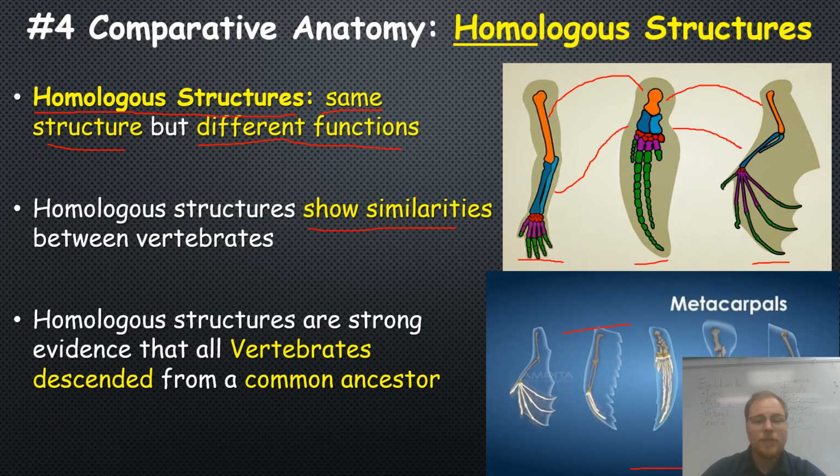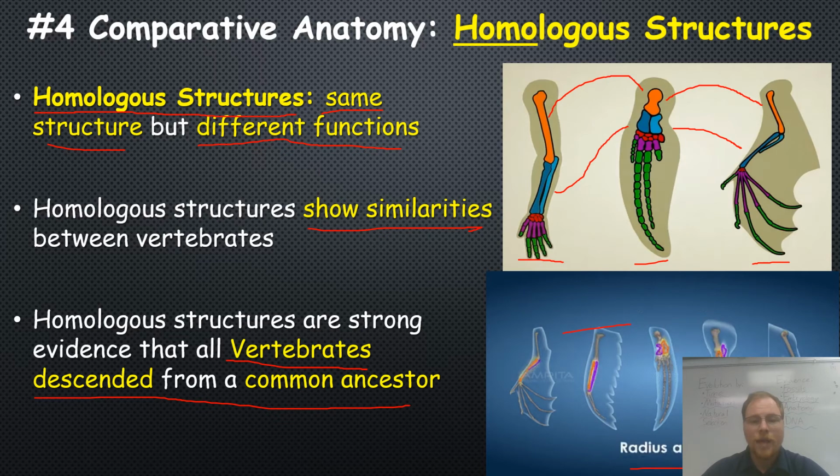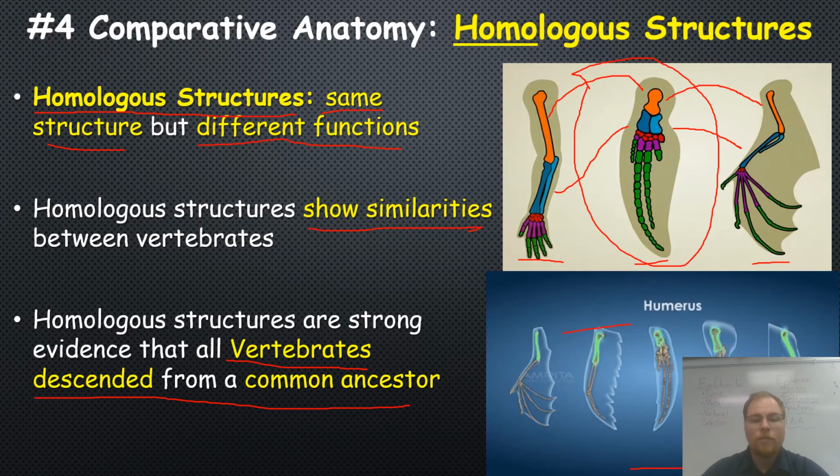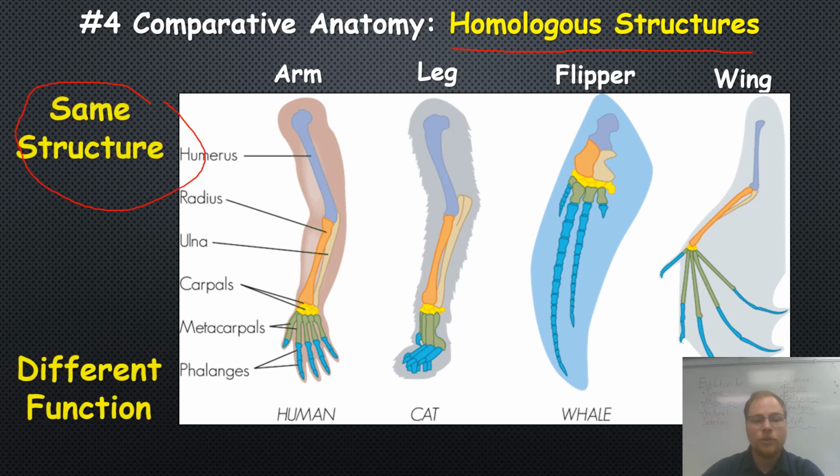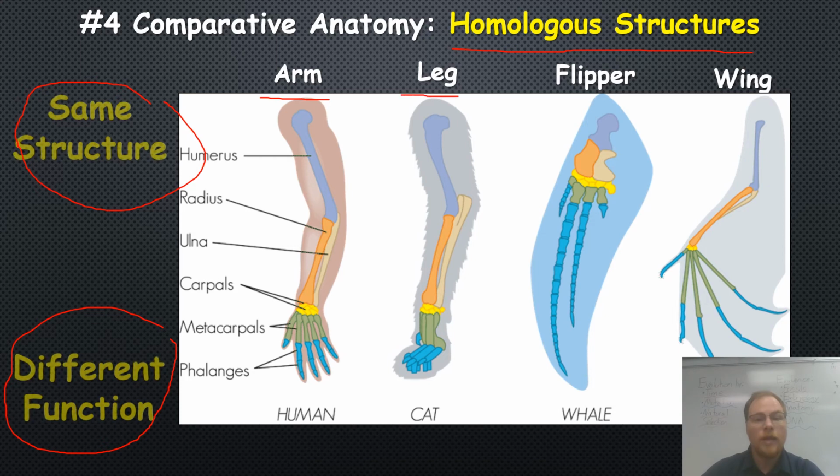And because you have these similarities, it's kind of strong evidence, scientists believe, that all these vertebrates descended from some kind of common ancestor that had the same structure in their bones of the humerus, radius, ulna, metacarpals, and carpals. Now, this is a really good example of homologous structures, where you have the same structure, just different functions. We're going to be taking a look at the arm, leg, a flipper, and a wing, and all these vertebrate